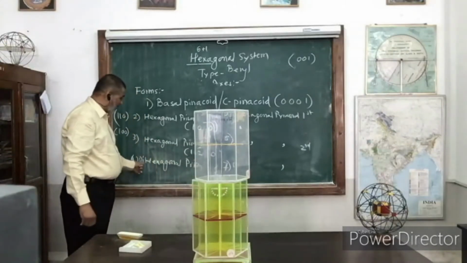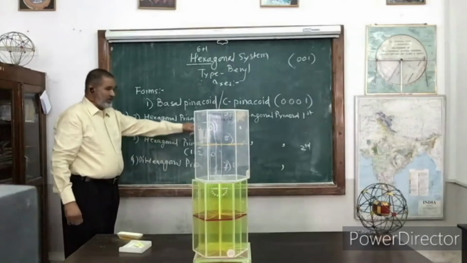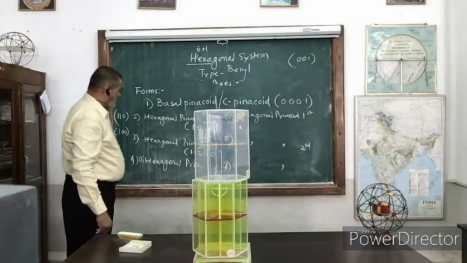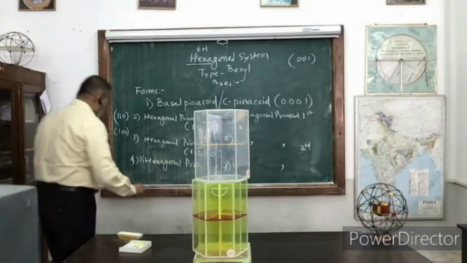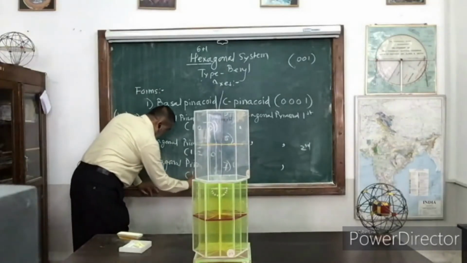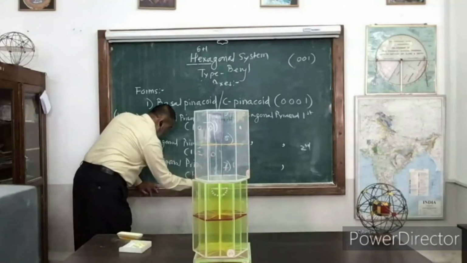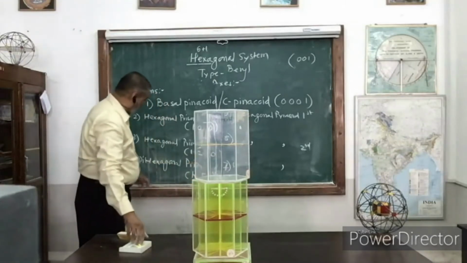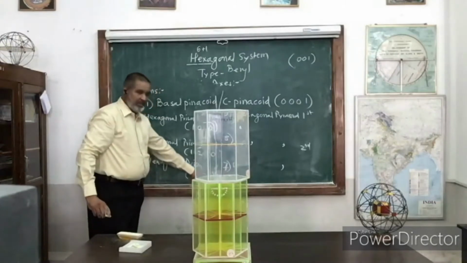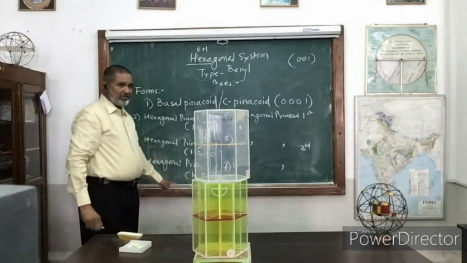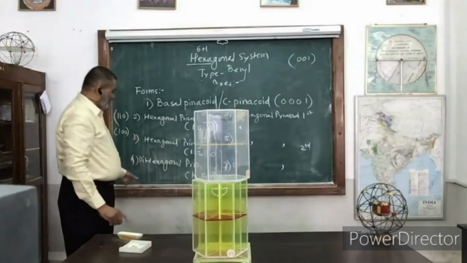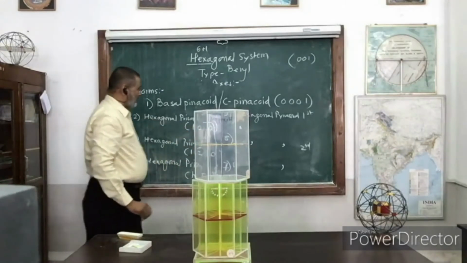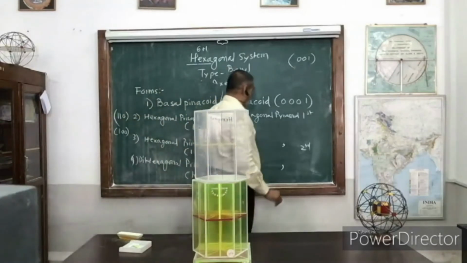And in case of dihexagonal prism, the indices will be h, i, bar k, 0. Whatever three axes we have, they are cut at unequal intercepts, that is h, i, bar k, 0. So I have a doubt, so I have to clear it myself. It should not be that I directly make it over here and write it down. This is not possible. Similar in the case of pyramid now.